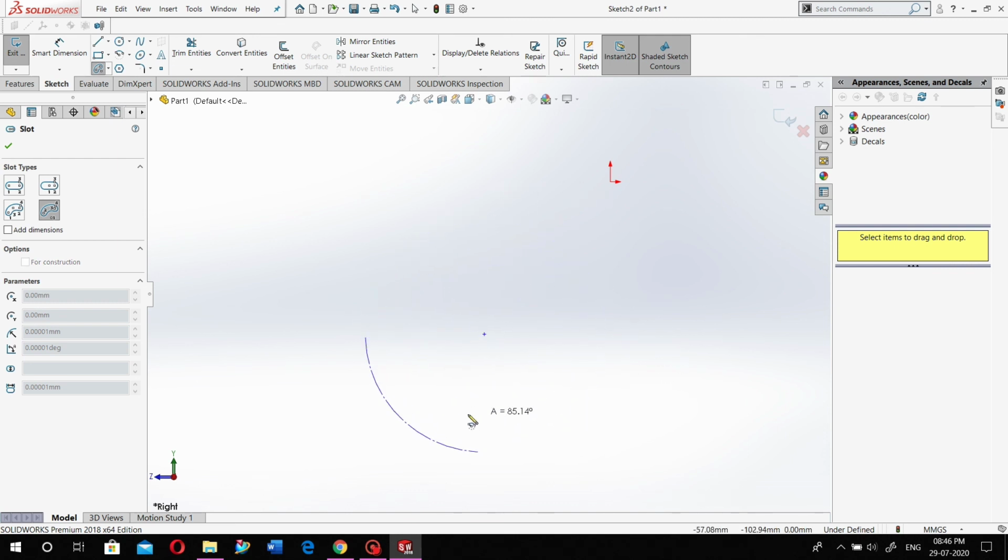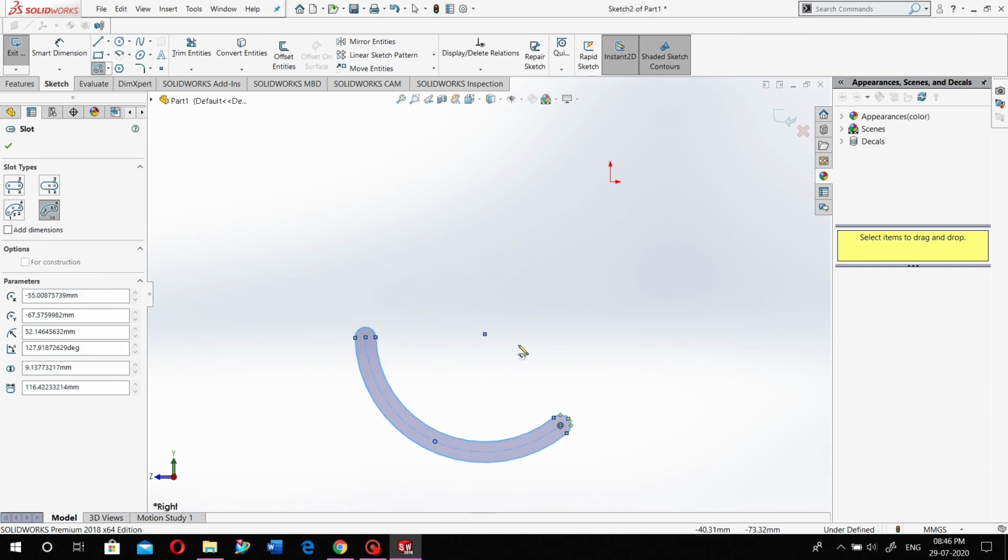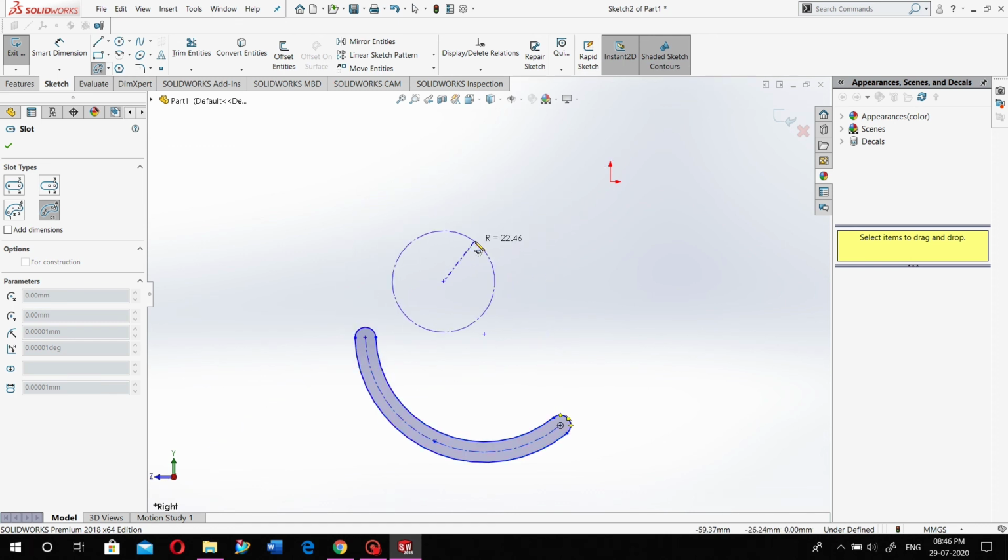And the center point arc slot is also the same, you just have to select the first point and the second point, as we have already seen in the parabola or the ellipse. It depends on you whether you want to create a whole circle slot, a 90-degree or a 180-degree, according to your dimensions. So accordingly your slot is created in the section of center point arc slots. So just first point, second point, and the third point where you have to create the slot.